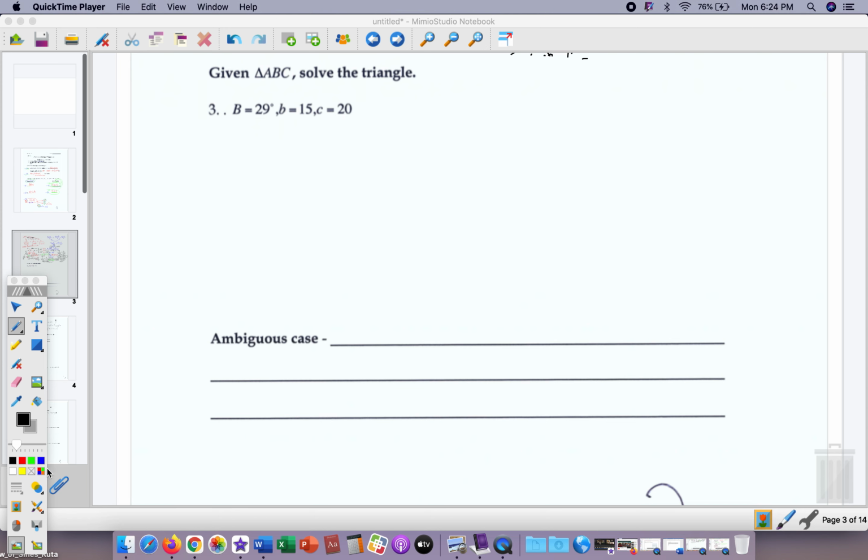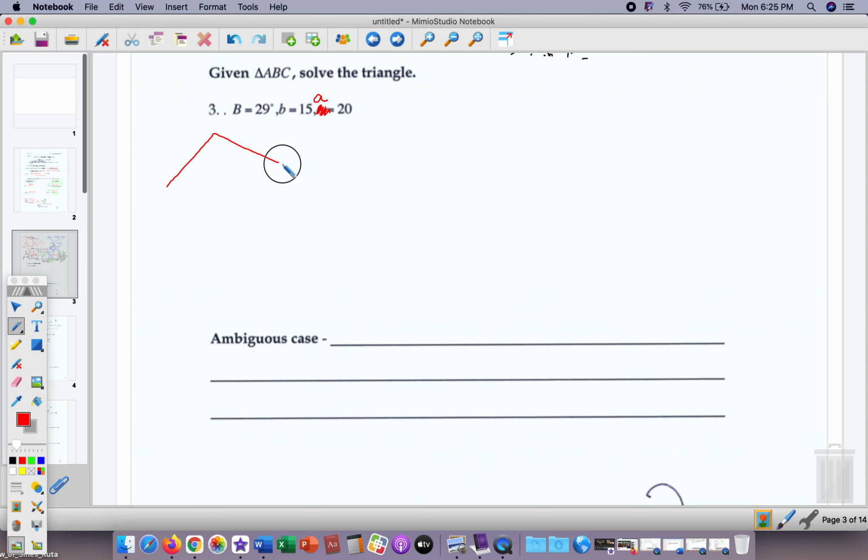Scratch off C is 20, and we're going to label this as A. We're going to draw our triangle. It doesn't matter if it's drawn to scale or not, it's just for our visual. So we have A, B, C, we're given angle B is 29, we're given little b is 15, we're given